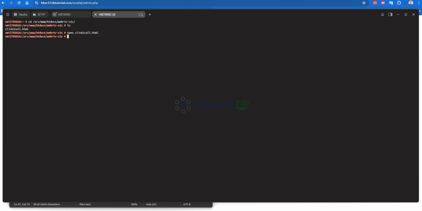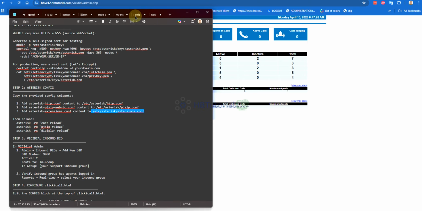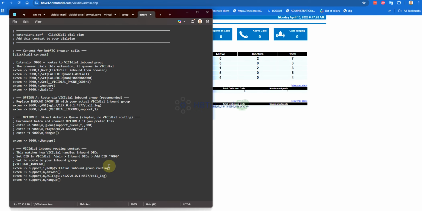And then you need to configure that. Okay, so this will be for the Asterisk side, photontechstation.com, and the other one.